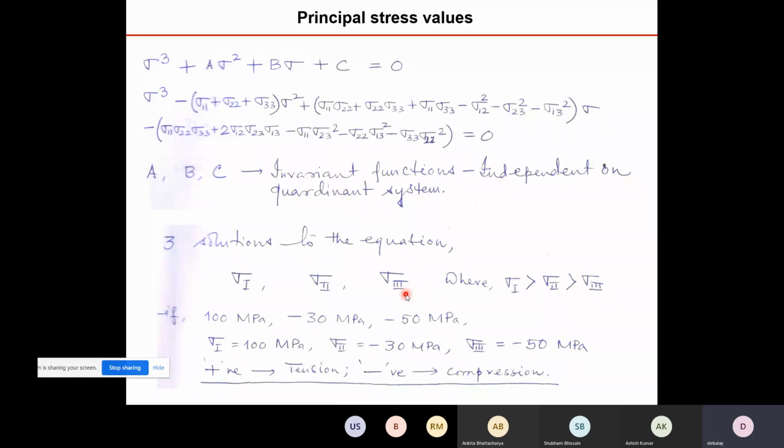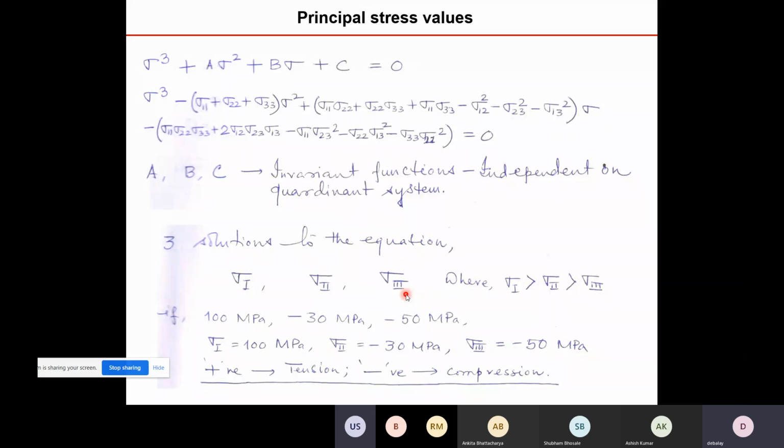So if I ask you, what are the principal stresses in uniaxial tensile loading? The answer would be sigma 1 will have some value that you apply. Sigma 2 equal to sigma 3 equal to 0. Thus,